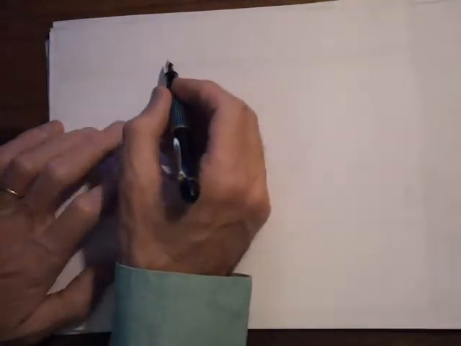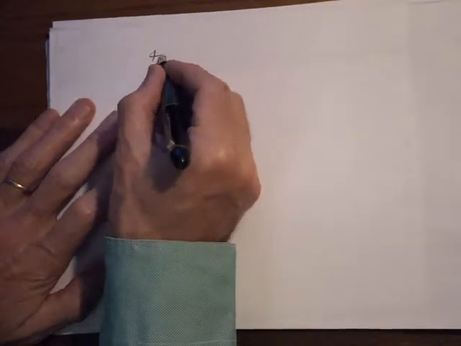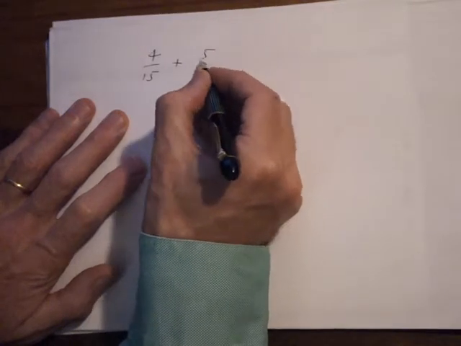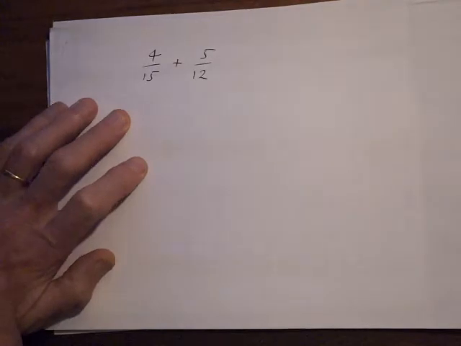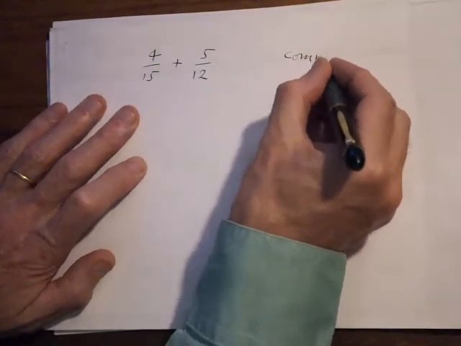So, Year 8 mathematicians again, looking at adding fractions with different denominators, and we need to find a common denominator. Let's look at a problem like this, 4/15 plus 5/12. Now, the method that we looked at before was we could say that the common denominator